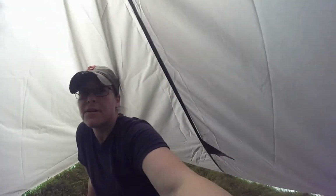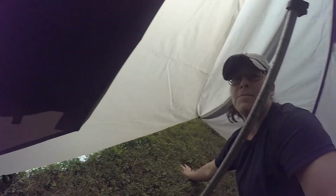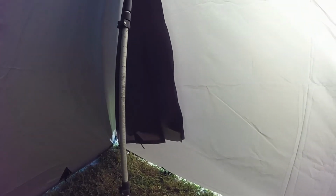So that's what it looks like. Super warm, super dry, fully enclosed shelter. You could actually fit 2 people in here if you had to. And then this folds over so the rain just folds down. So there you go. Quick and easy, fully enclosed shelter that weighs under a pound,